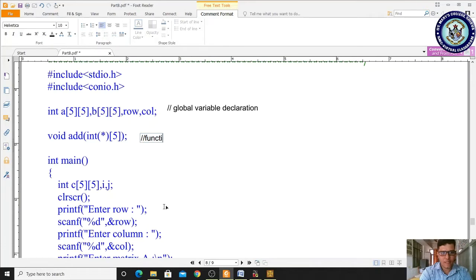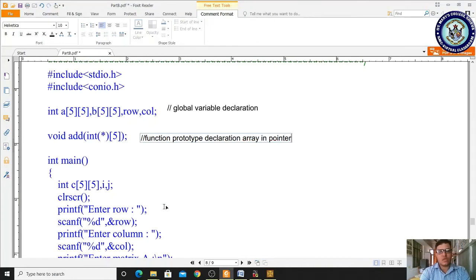This is a function prototype declaration. You have specified int star, which means it is using the concept of array in pointers.